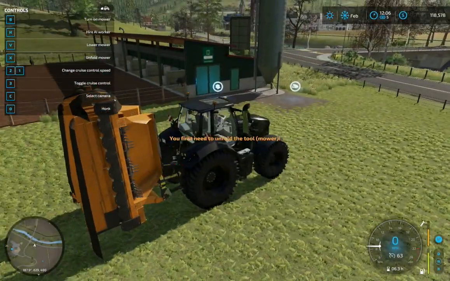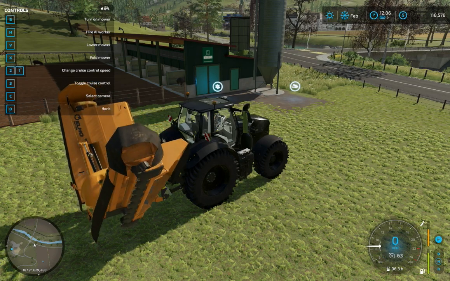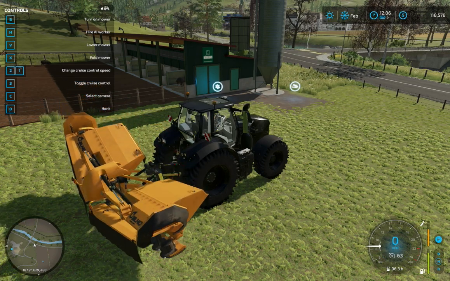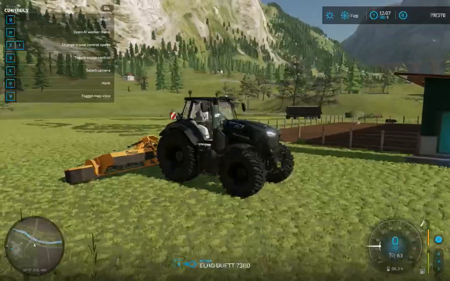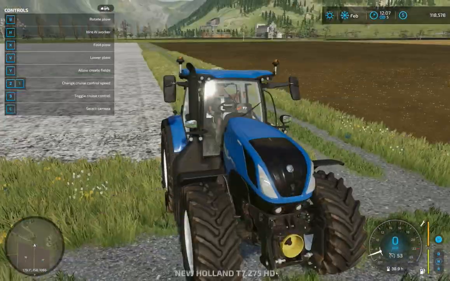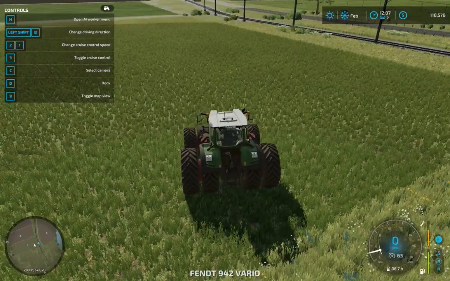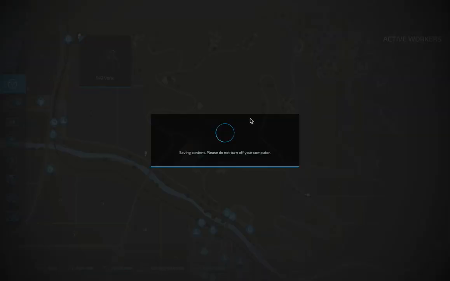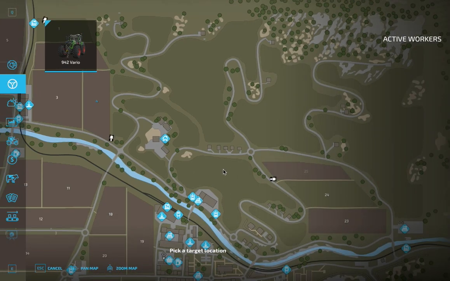Looks like a good place to drop it. There we go. Alright, I'm gonna actually see what's going on here. Oh, we gotta check our contracts. Okay, so we're gonna actually use our bigger tractor now because we're gonna need more